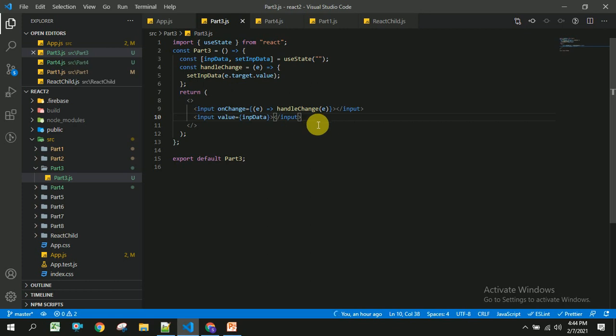And the second one is how to loop an array or array of objects.